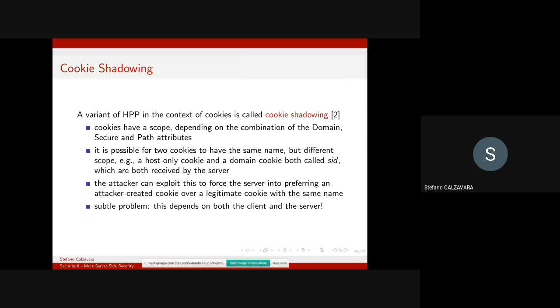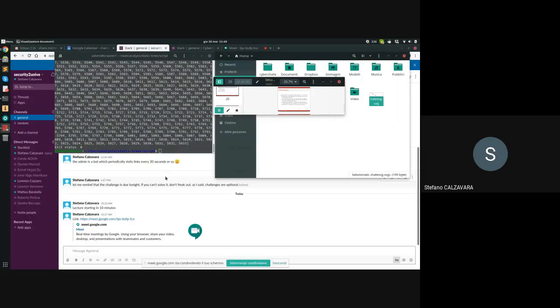The idea is that cookies have a scope, and in particular, you can define scope based on the combination of the domain, secure, and path attributes. So you can define multiple cookies with the same name but different scope. For instance, Gmail is doing that. If you go in Gmail,